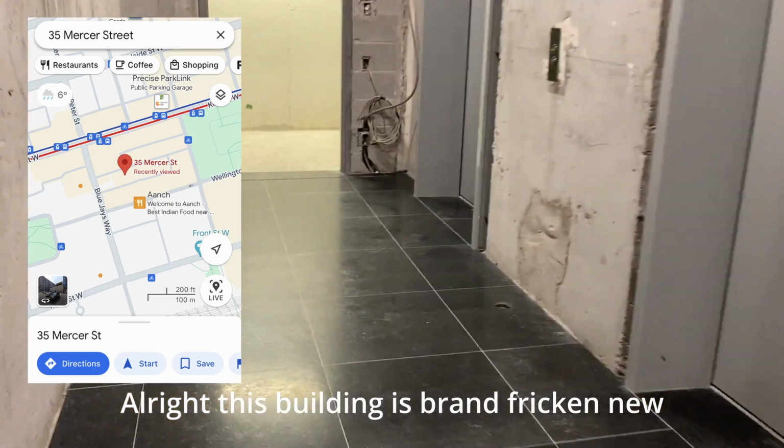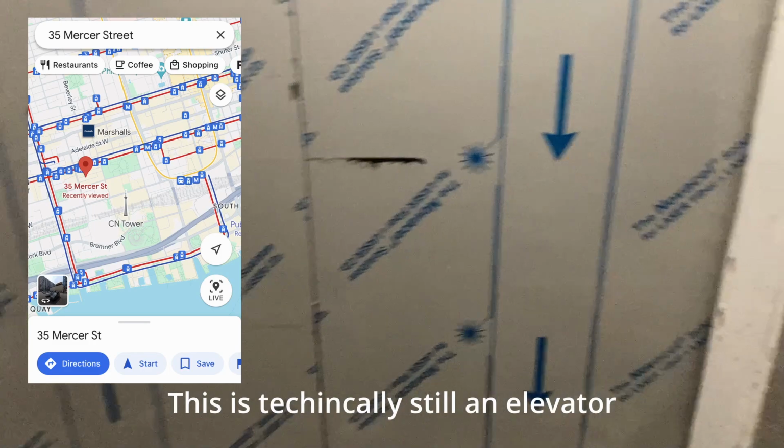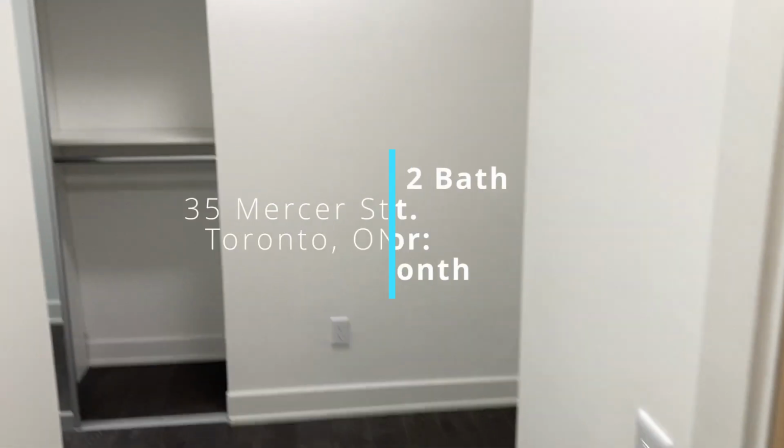This building is brand new, still under construction. This is technically still an elevator, but it's a little unsettling when it's all plywood. Okay, so for this unit, I was a little bit rushed. I kind of parked in a weird spot, so I didn't get to actually record the video during, so welcome